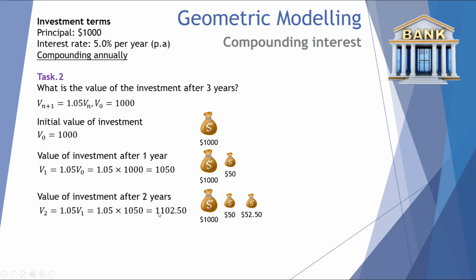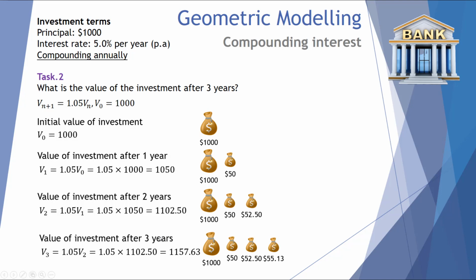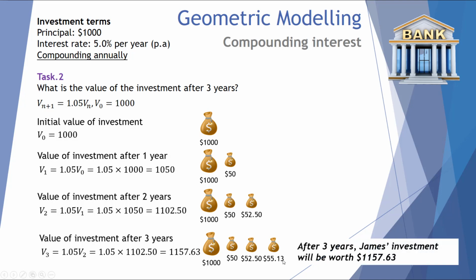So it now returns, after the second year, $1,102.50. Effectively, we've gained interest on our interest, hence the word compounding. So the interest in the second year was $52.50. Finally, for the third year, we take this value at the end of the second year and multiply it by our growth factor of 1.05, and that gives us a return of $1,157.63. The interest on this particular year was $55.13. So after 3 years, James's investment will be worth